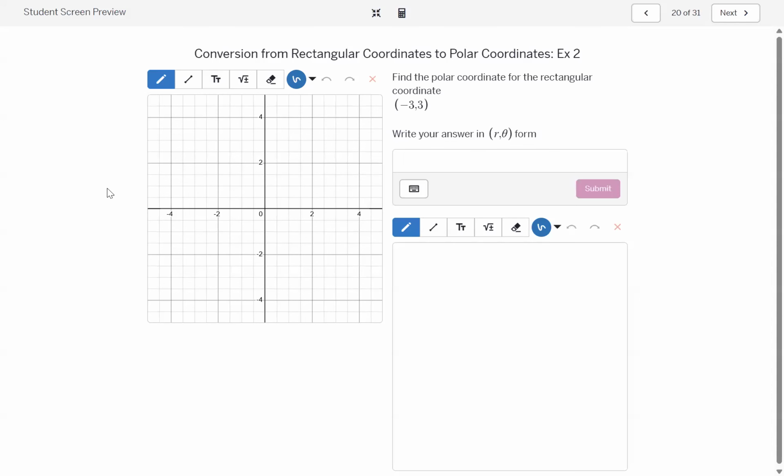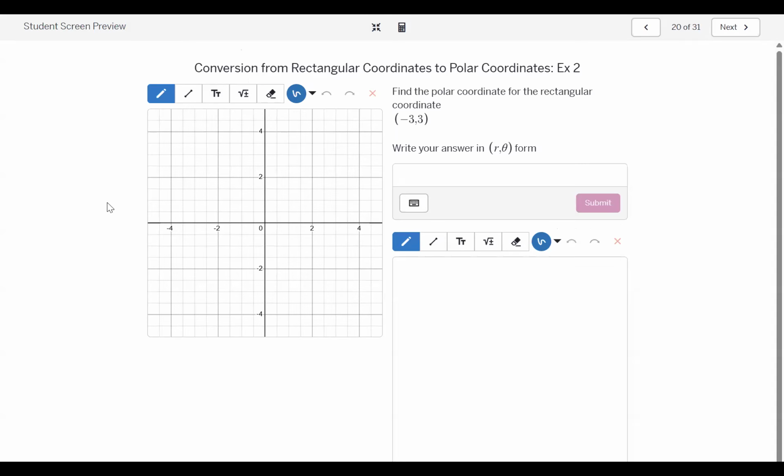All right, so real quick, I just wanted to review from last week how to go from a rectangular coordinate to a polar coordinate. This will remind us of some of our formulas we can use. So our four polar equations are